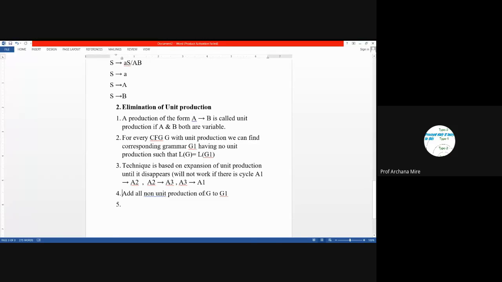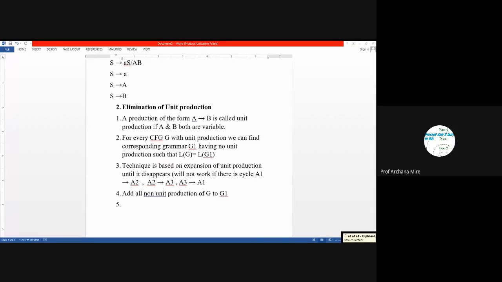Add all non-unit productions of G to G1. So once again, just like ambiguity removal, here also we will be forming a new grammar. Whichever production rules are non-unit productions, those will be inserted into the new grammar G1 as they are. There will not be any change for the non-unit productions. Then what will we do? We will locate